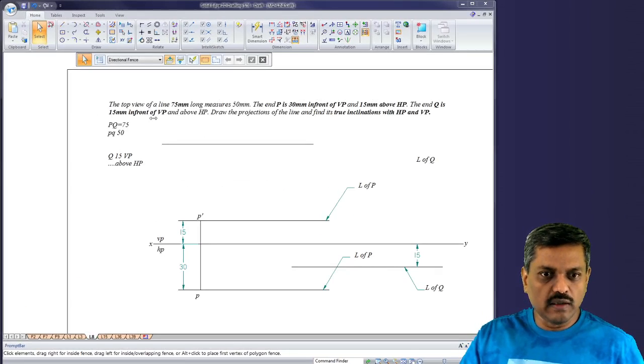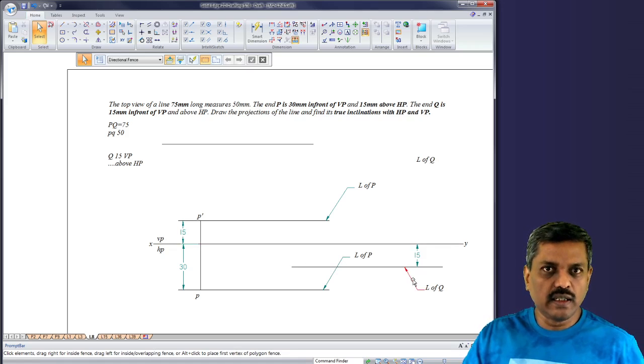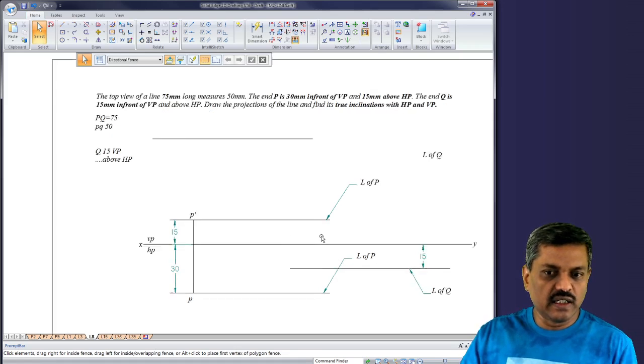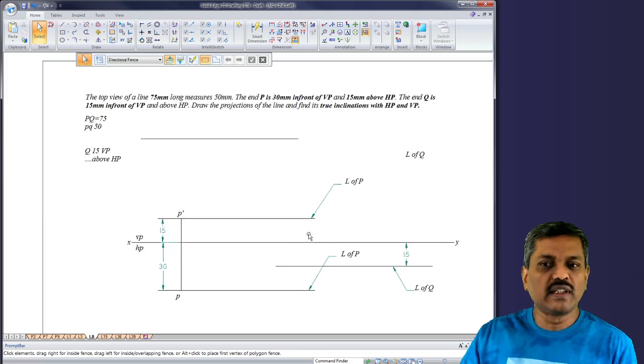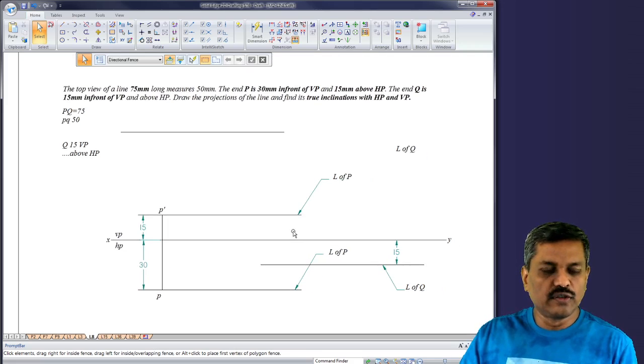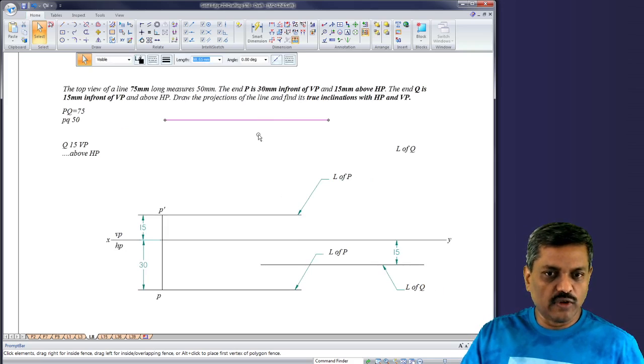I have already typed the question over here, and the projection of endpoints has been done only to limit the timing of the solution, because this concept is very clear and doing the same repeated things is not okay. So I have done all the prerequisites required for the projection of lines. So what is the problem?